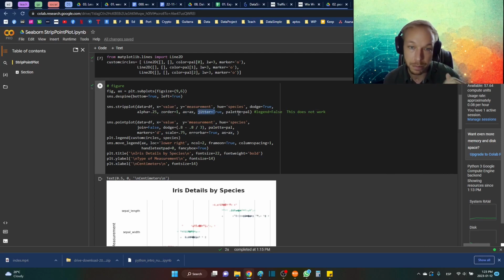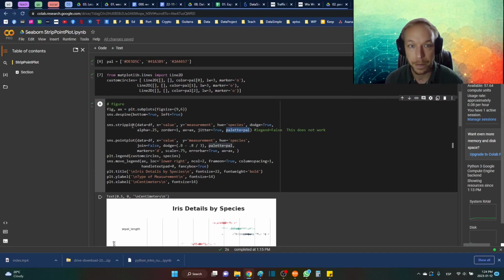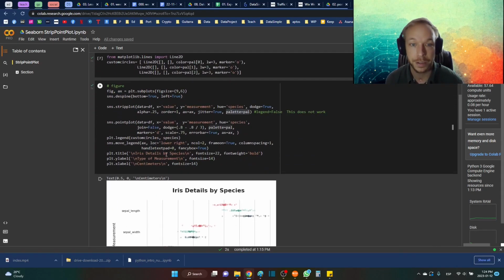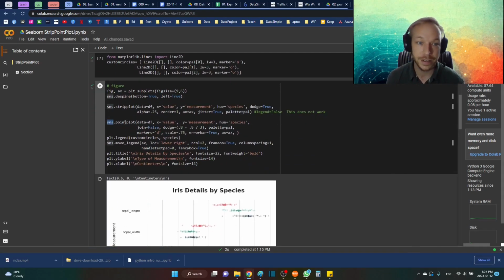Jitter equals true just kind of moves them around a little bit. It kind of makes it look a little bit nicer. And then palette right here. Palette equals pal, which is this palette that we created. Okay, and then sns.pointplot, same thing for these first 4, data equals df, x equals value, y equals measurement, hue